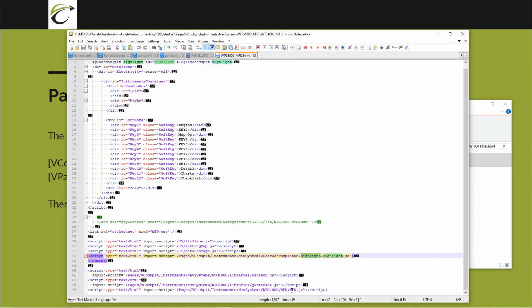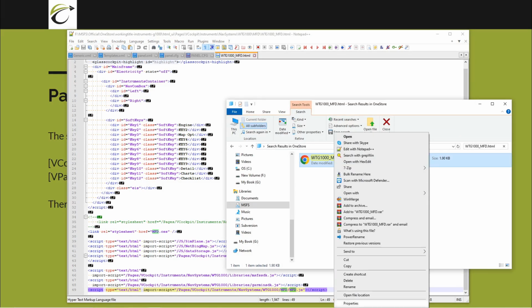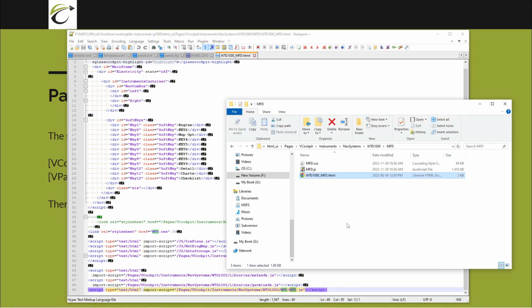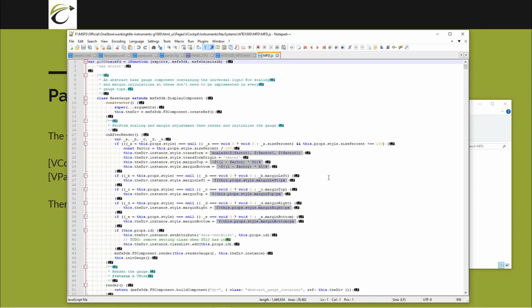The one here is the MFD, which is the multifunction display. Let's see if we can get to the location. And we have the JS file associated with this HTML. And let's open it up in Notepad. And here we have a number of classes in